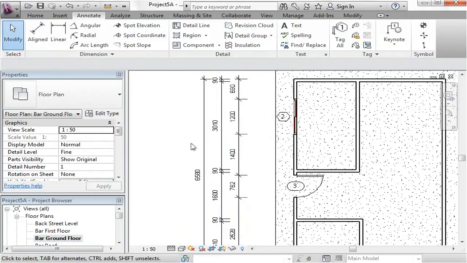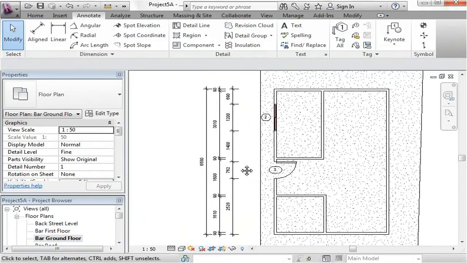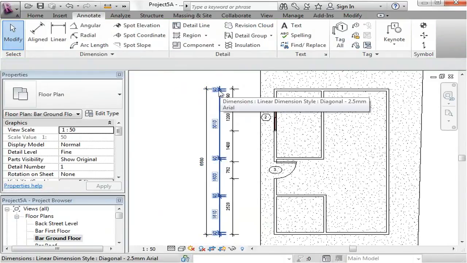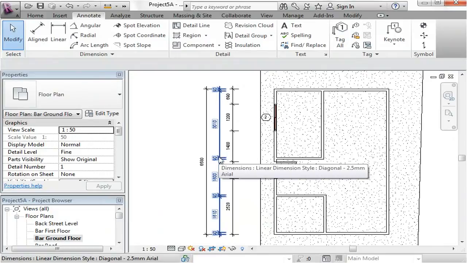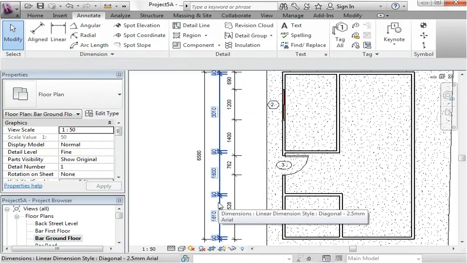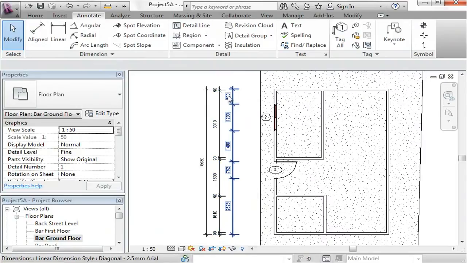We've got a very large dimension, that's the overall length, and then a little bit smaller, showing the room size, as well as the thickness of the walls and the thickness of any other walls that intersect to the external wall. And then of course we move in and we're now picking up openings as well as